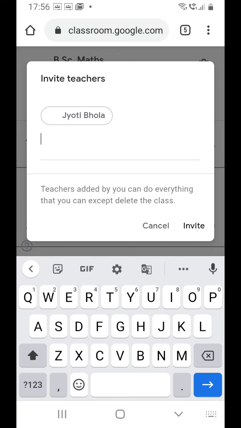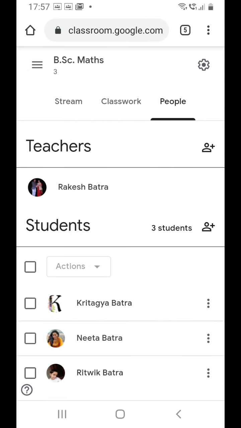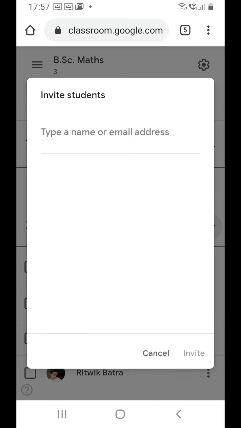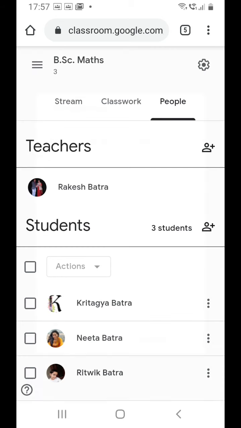So this Jyoti Bhola, I have chosen her, and if I send an invite to her, an invitation mail will go to her, and if she accepts that mail, then she will be part of this group of teachers. Similarly, we can add students by clicking on the plus sign against students. Invitation will be sent through their email, and as in the case of teachers, if they accept the invitation, they will be joined to the students group.